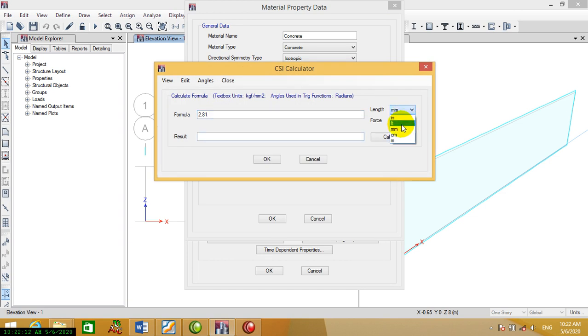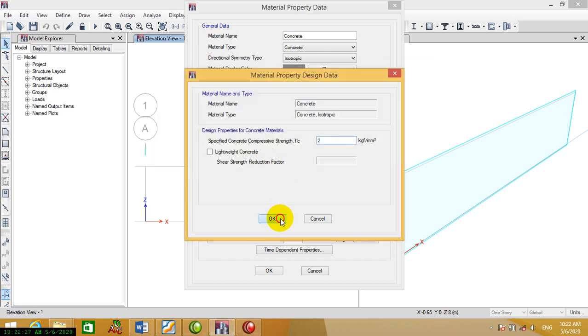First we change the length to centimeters and enter 200. The compression modulus we use 200. Okay,